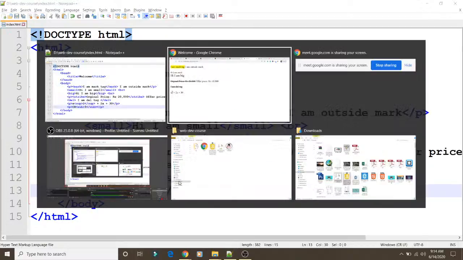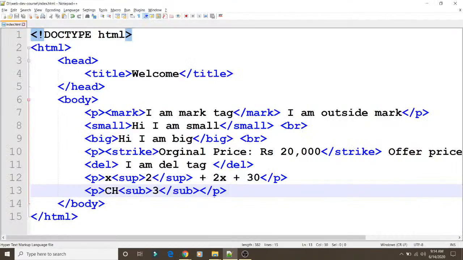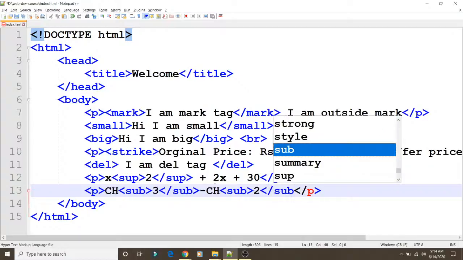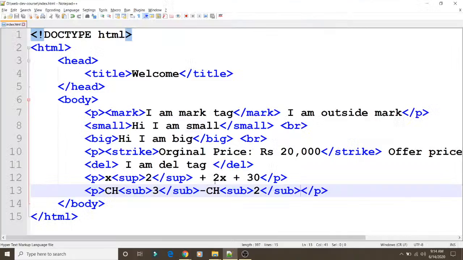So you can see over here we got the CH3. In the similar way, whatever you want to add, suppose I want to add CH2, you can mention it like this. So CH3, CH2.